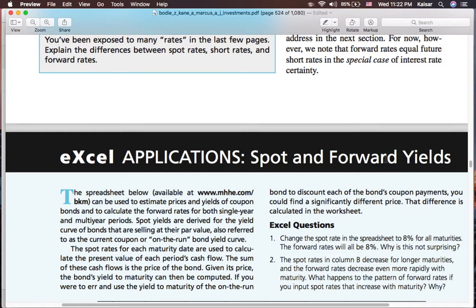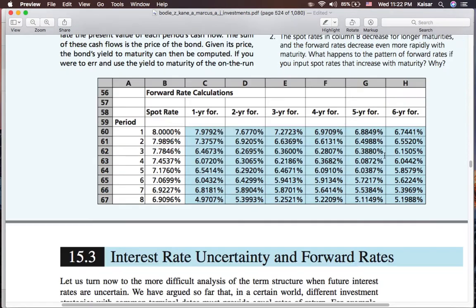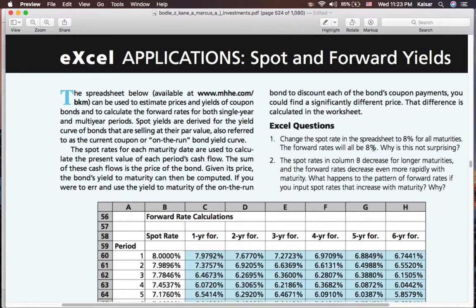Excel application: spot and forward yields. The spreadsheet below, available at mh.com,